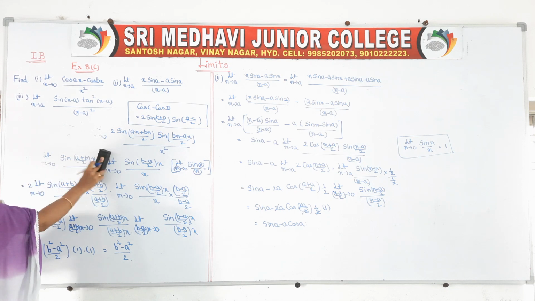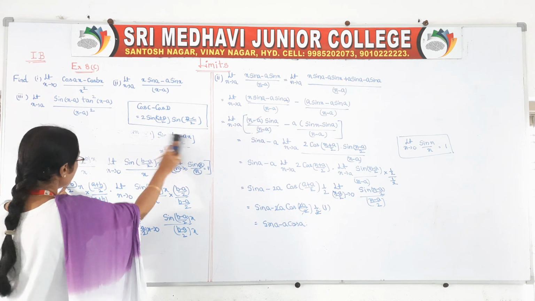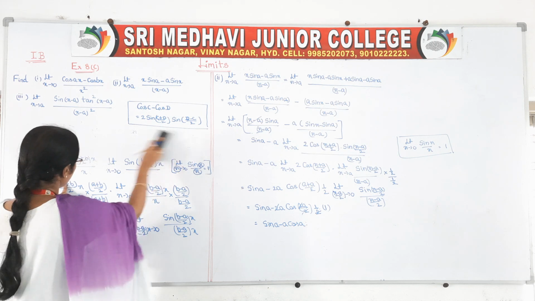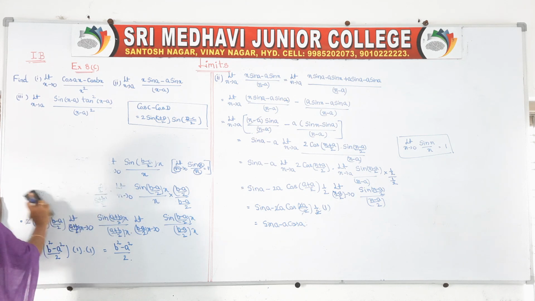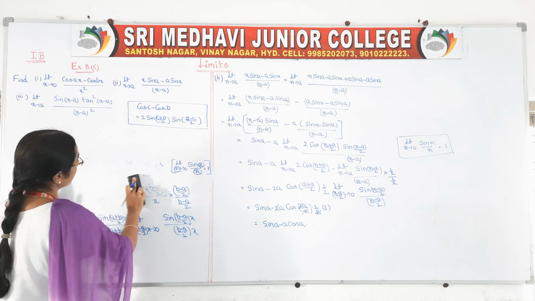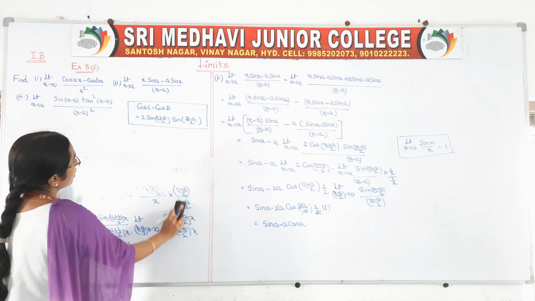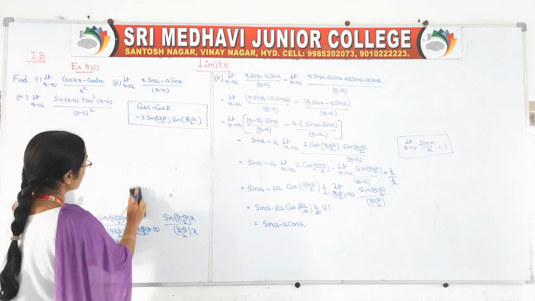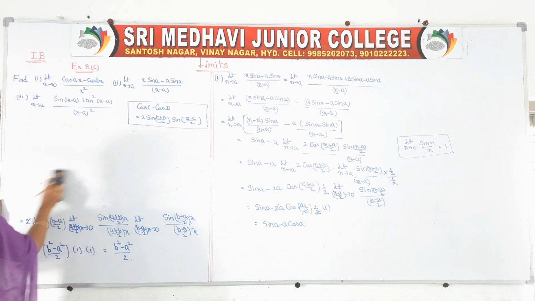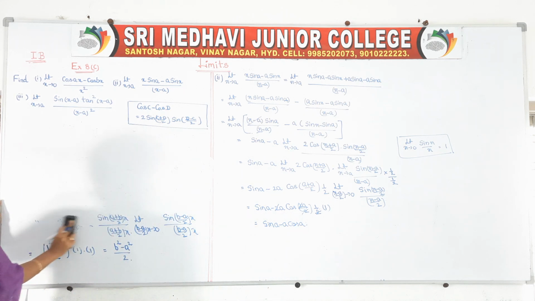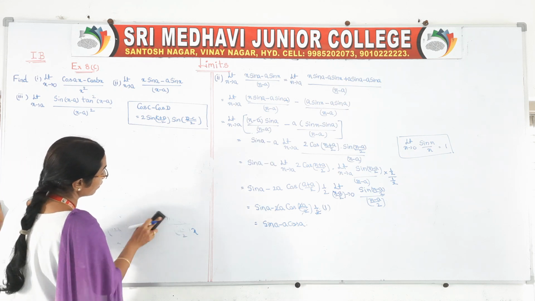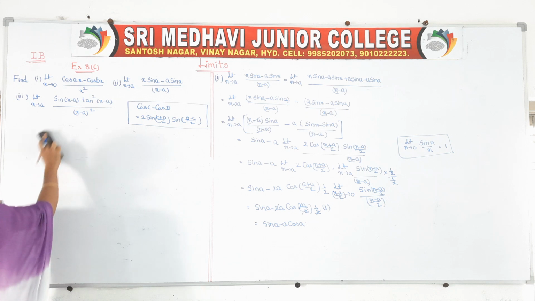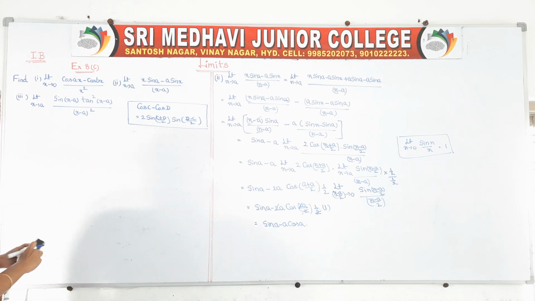What is your third question? It is limit x tends to a, sin of (x minus a) into tan inverse of (x minus a), we have to take. Okay, so observe, there are two standard formulas we can use in this problem. One is limit x tends to 0, sin x by x is equal to 1. Another standard formula is limit x tends to 0, tan x by x is also equal to 1. We will use those two formulas in solving this third question.